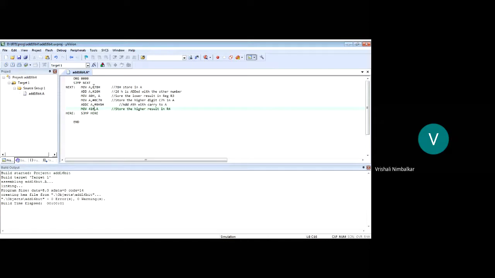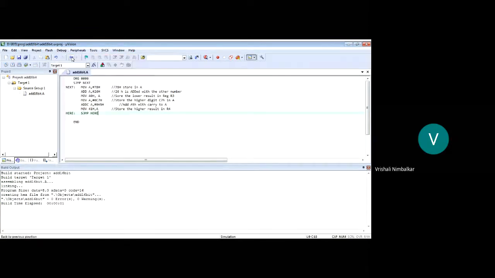If I write hash, it becomes data to be operated. If I do not write hash, it becomes the memory which is read or written. Is that understood, students? Saving the result in memory. Accumulator result, save it in memory 40 hex. The instruction is MOV 40 hex, A. And the other accumulator result, save it in 41. So MOV 41, A. So let us execute this and see if we get the same answer. Whatever changes you do, save and build target. See, here is the shortcut, build. 0 error, 0 warning. Correct.